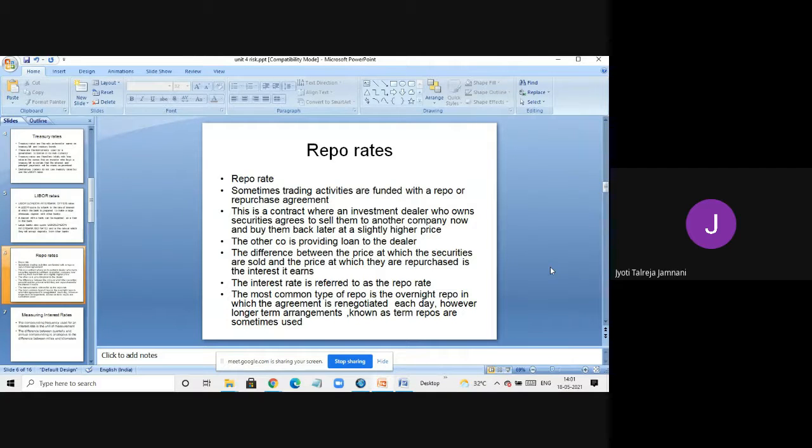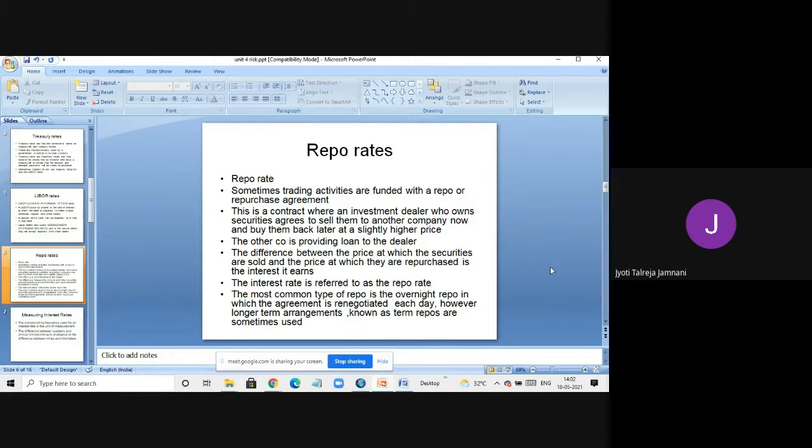And tomorrow, if you are not able to repurchase, then tomorrow you will again renegotiate the rate. So instead of 1100, I would say, Pranali, keep it for one more day. I will buy it from you for 1110 rupees. So I have renegotiated the rate. So they are renegotiated or they settled overnight.